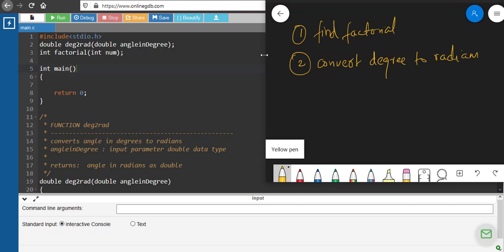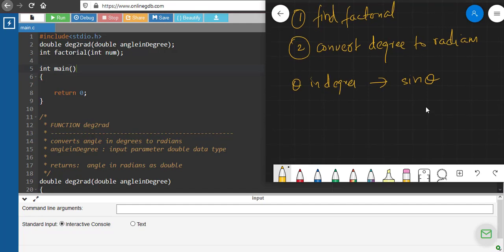So in this video, what we will see is we will try to write a function which will take in an angle theta in degrees and return the sine of the angle. Okay. So the logic that we are going to follow is this: